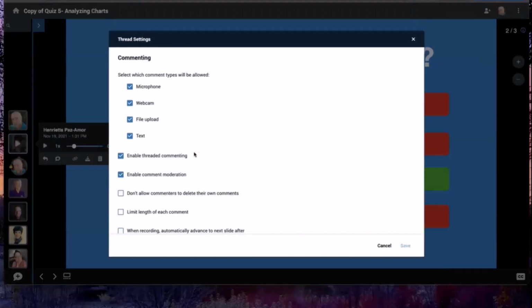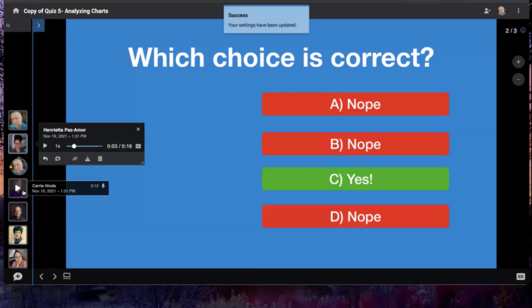Now I'm going to go into my thread settings. That's because of threaded commenting. Whenever you create a voice thread, I always recommend threaded commenting. You turn it on, and I would always save that as a default. The only situation where you don't need threaded commenting is when you're creating a comment assignment in your learning management system where comment moderation is turned on, because there's no interaction. So threaded commenting is just a thread setting, but I always recommend it because when you have threaded commenting turned on, you can reply to individual commenters.